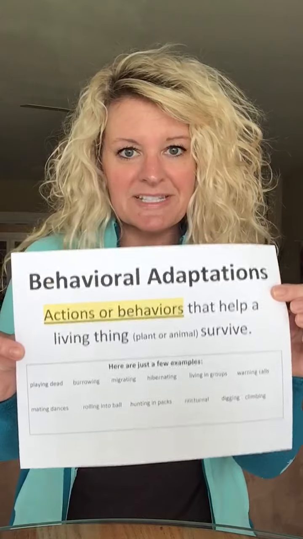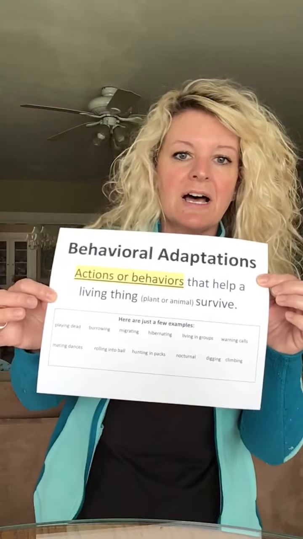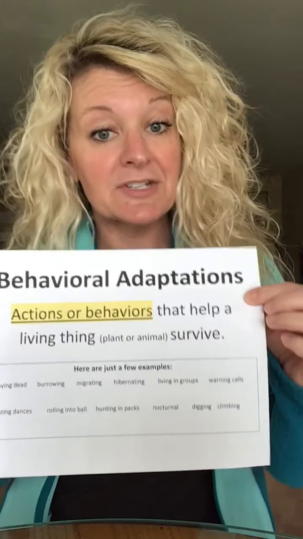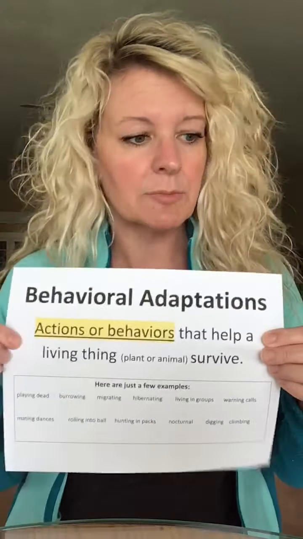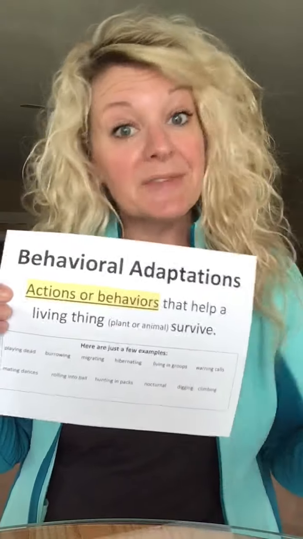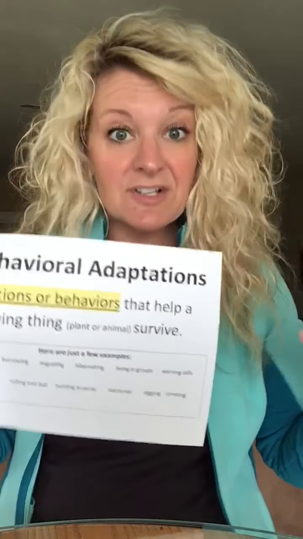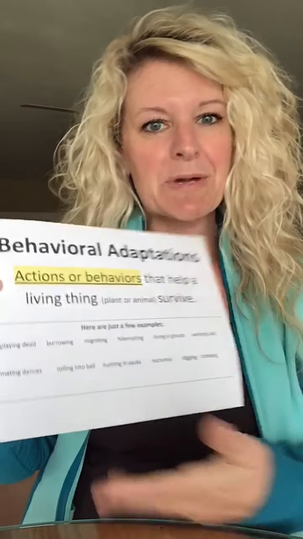The second kind of adaptation are behavioral adaptations. So the definition there, those are actions or behaviors that help a living thing, again, plant or animal, survive. So these are not part of the body of the animal or plant. They're things they actually do, ways they behave that help them survive. There is a really long list of them, not as many as structural, but I came up with some pretty